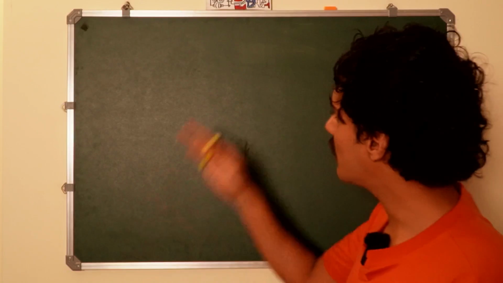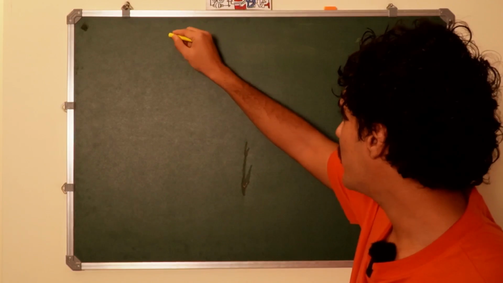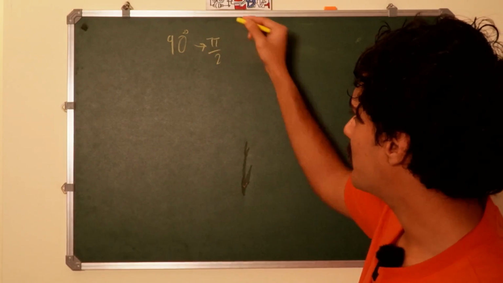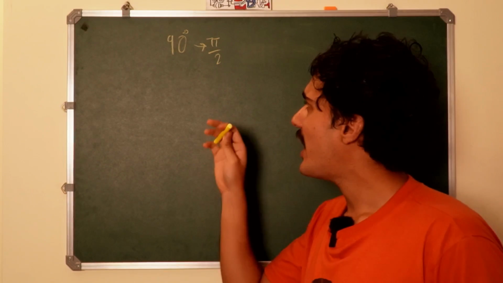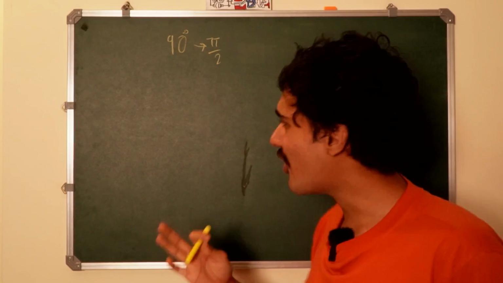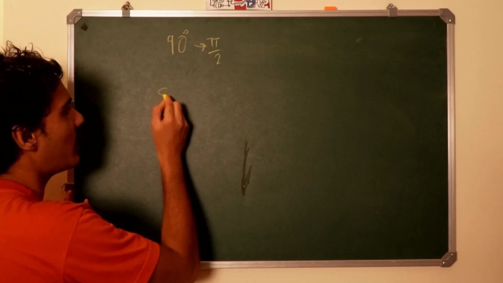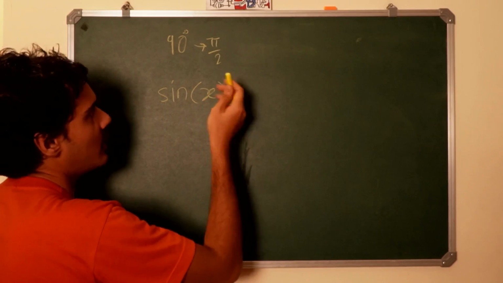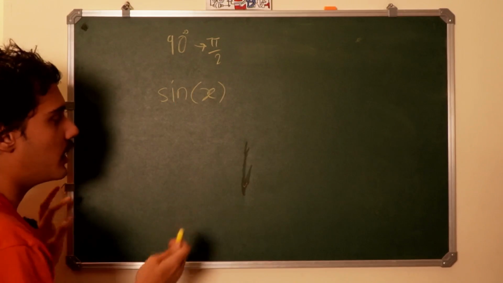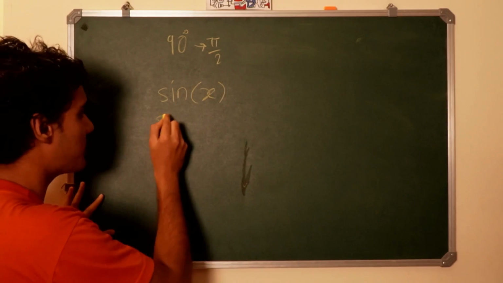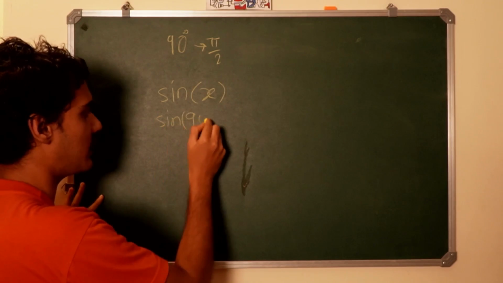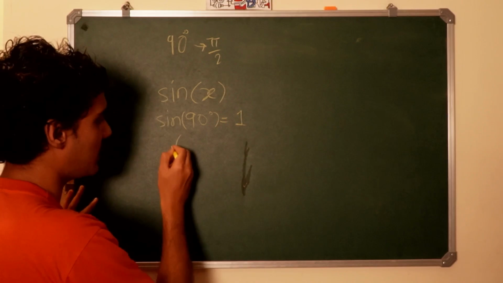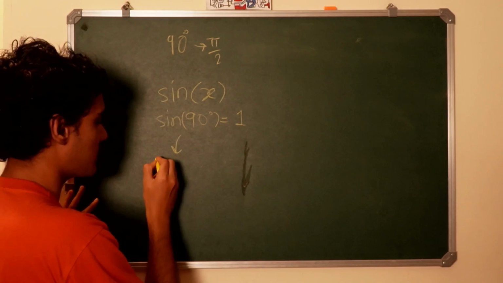When I was 16 and I learned about radians, in which 90 degrees becomes pi by 2, 180 degrees becomes pi, and so on, I wanted to know why. When you have something like sine of x or sine of theta and you put 90 degrees into that, we know by experience that sine of 90 degrees should be 1. But then if you expand sine into some Taylor series, which is what is it for sine,